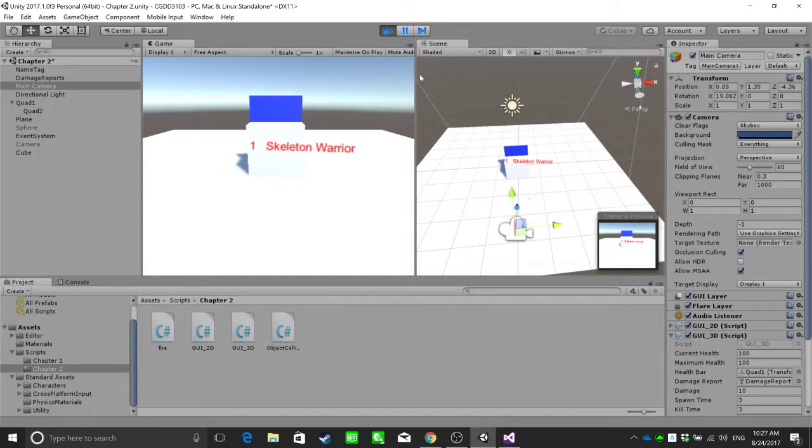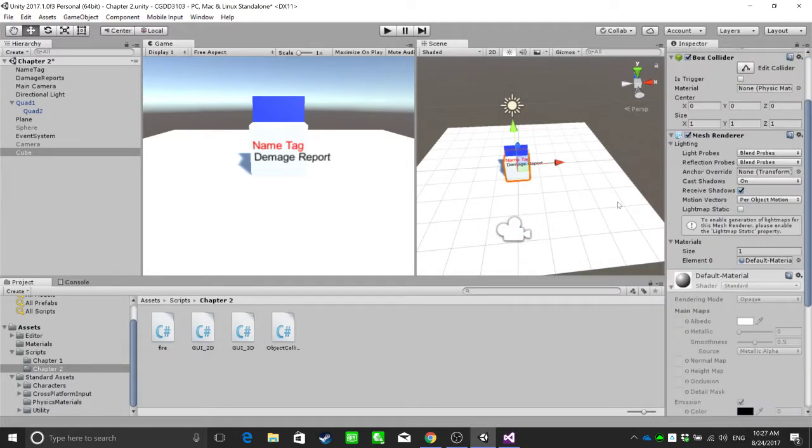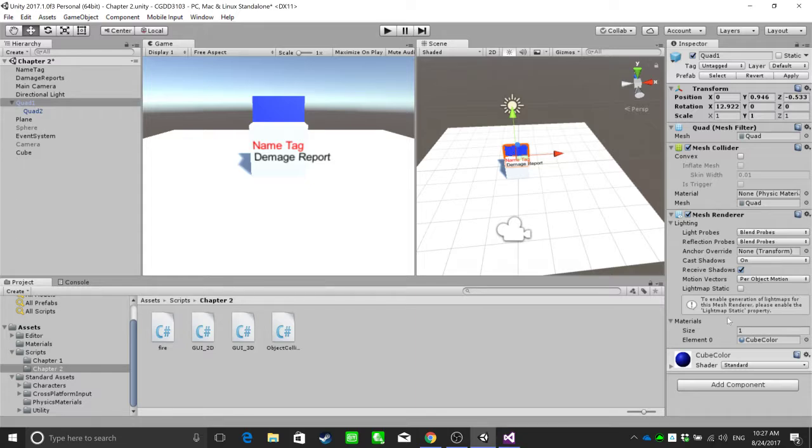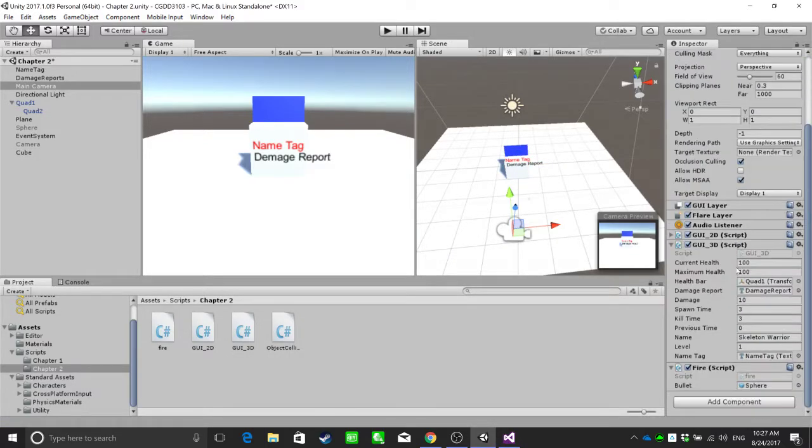That is important, because we are not attaching the same script to them. The script is actually here in the main camera. In the main camera, we have this script to control whatever should face the camera. Like here, the health bar and the name tag are both public variables defined in the script, so that you can drag things into them. But if I replace the name tag with this cube,